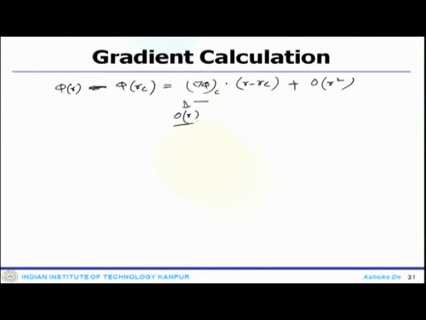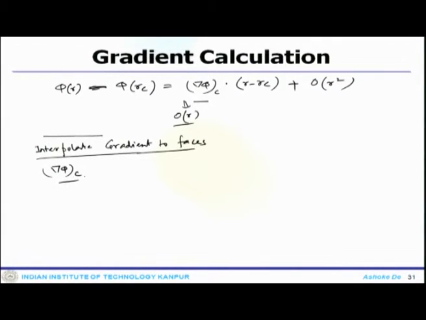Okay. So now the other point that comes here is how do we interpolate gradients to the faces. So far what we are doing is the calculation at the cell center. So we are getting the gradient calculation at the cell center. Now the important point is how we transform them back to the cell faces.